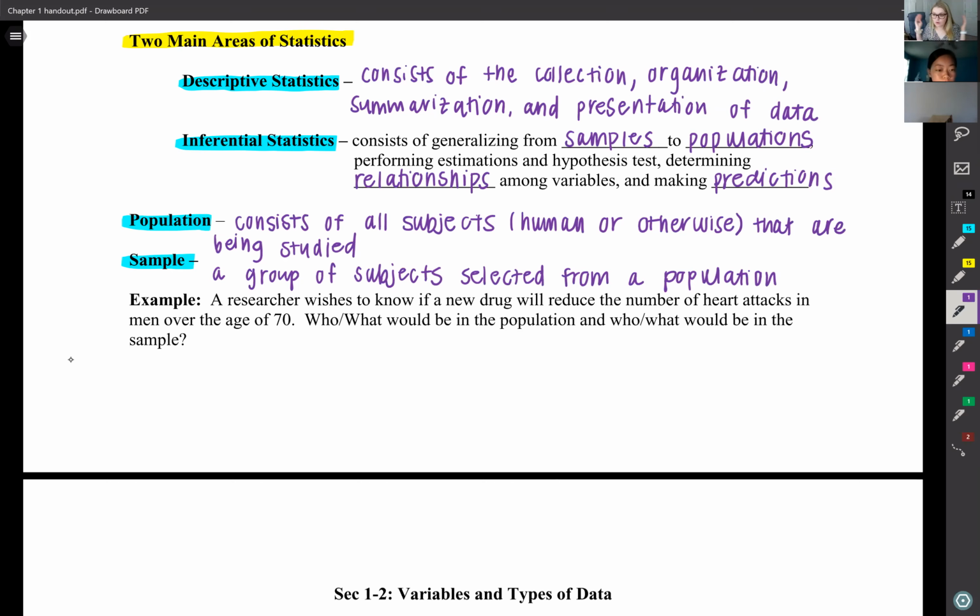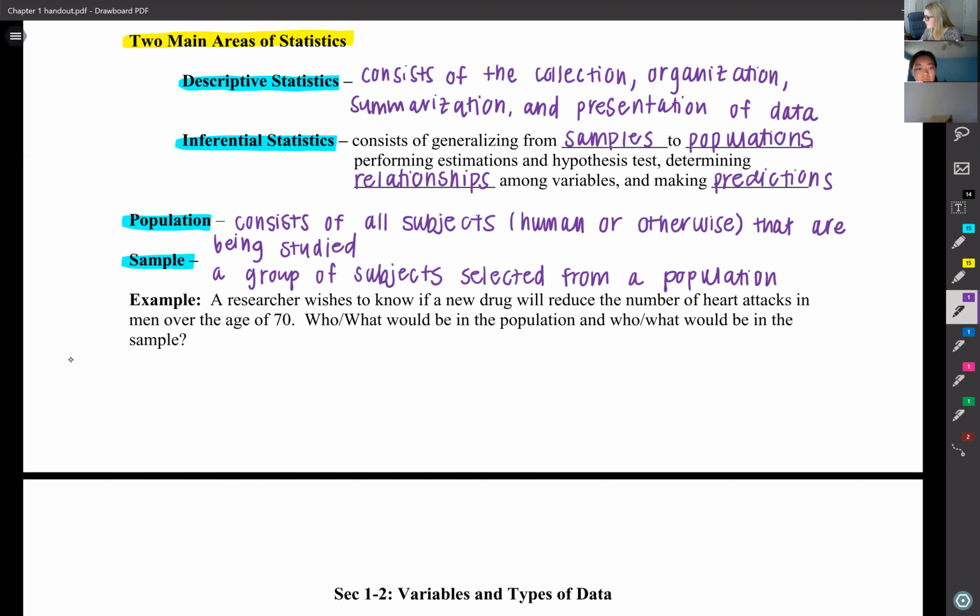We ask everyone for that information, but that's super time consuming and we don't do that very often because of that reason. So part of why we talk about samples is because a lot of the times it makes more sense to do a study on a sample. Like when you guys do your projects and I'll have you come up with something you want to ask a question about or give a survey to people, you're not going to survey everyone in the world. You're going to pick a group of people and have them do your survey. And that would be your sample.